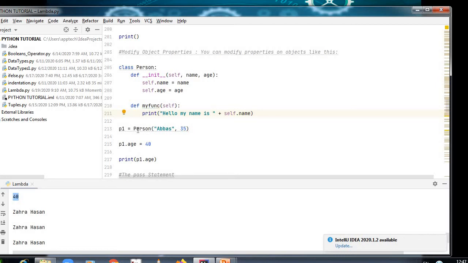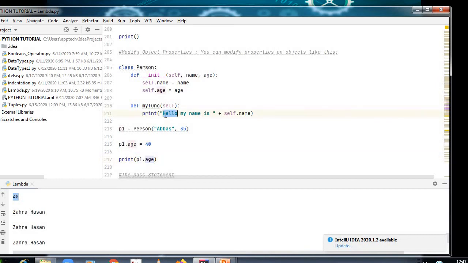Now, here the object has been created. Here I am again calling my object, and I am modifying the object properties. In the object properties, what was stored was 35. Now I have modified the object properties and made it 40. Now whatever has been modified will be printed, only the age.